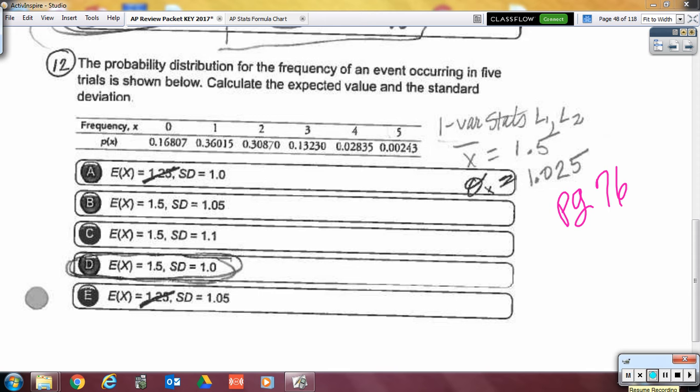All right, so if you remember, this is over parts 4 and 5. If you turn to page 76, I want to remind you of the things that you need to know how to do to be successful on the quiz. We're not necessarily going to go over all of it, but